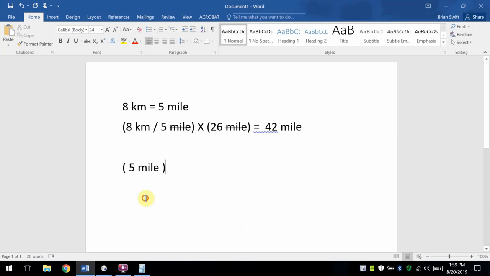And let's try to get a line under there. Boom. And then down below is 8 kilometers. And this is all times